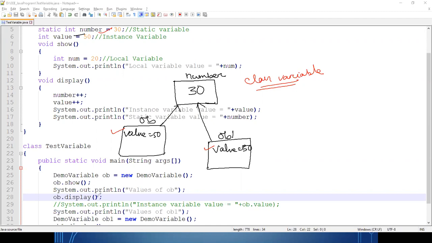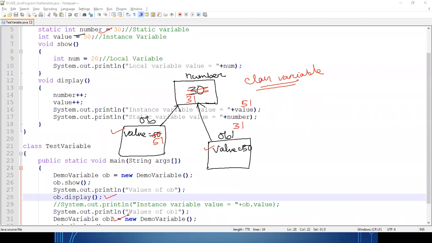So whenever I call ob.display, number++ happens, so number became 31 and value became 51. When I print, the instance variable is currently 51, and the static variable is 31. This is normal, there is no problem.